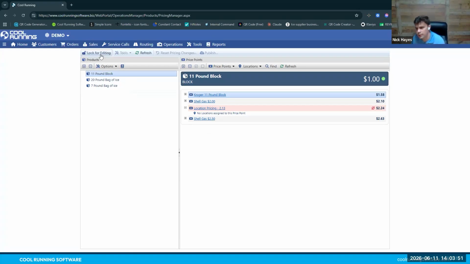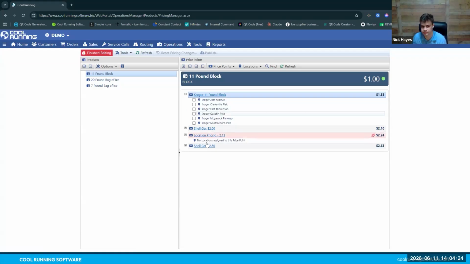Now, if you're familiar with the route builder or schedule manager, it's the same way. Only one person can edit this at a time. So to edit, you have to unlock. And you're going to see all your products here on the left side. They each have their own price point, which now represent those old tiers. So that transition is basically that anything that you had as a tier is now its own price point, and anything that you had manually overwritten is now its own price point. So when that transitioned,